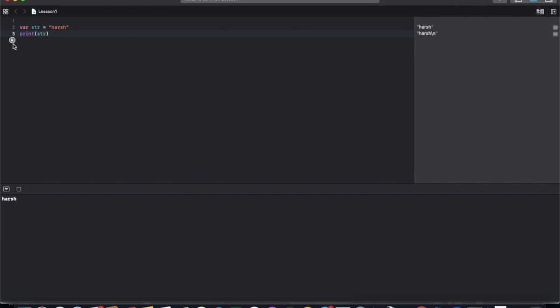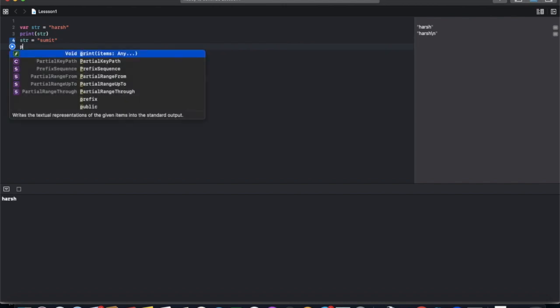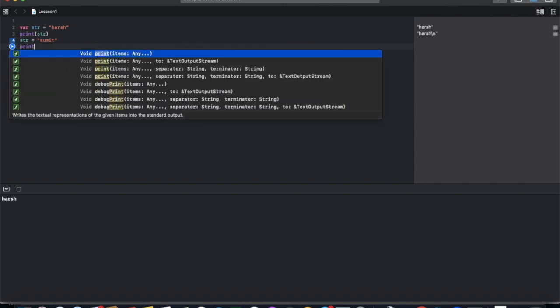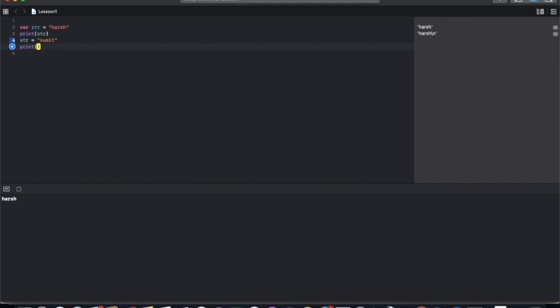So you can see it prints Harsh. Now we change the value and print again.